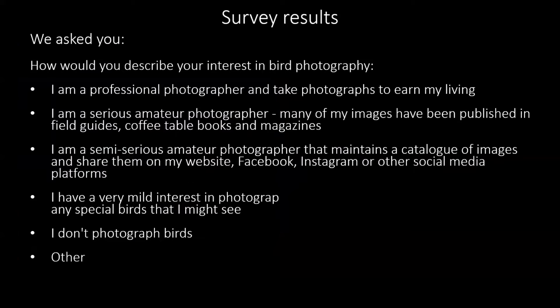Right, that sounds like fun. Let's kick off. We sent you all a survey, and we had a really cool response. We just wanted to get a feel for where we're pitching this, and maybe as a disclaimer to start with, I'm definitely not a professional photographer. I think Mike is a lot closer to that than I am, but I've been photographing birds for probably 15 years,